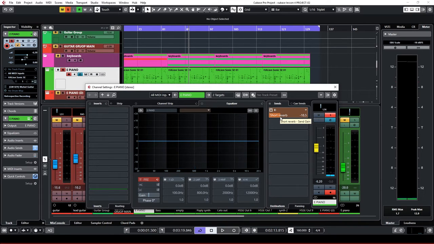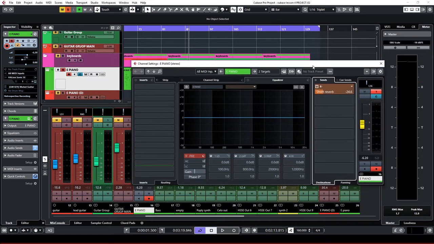In this section, I placed some kind of reverb on the E piano. So what I'm going to do is bring the reverb down a little bit. I think it sounded very loud, so that's what I'm going to do. As you can hear,